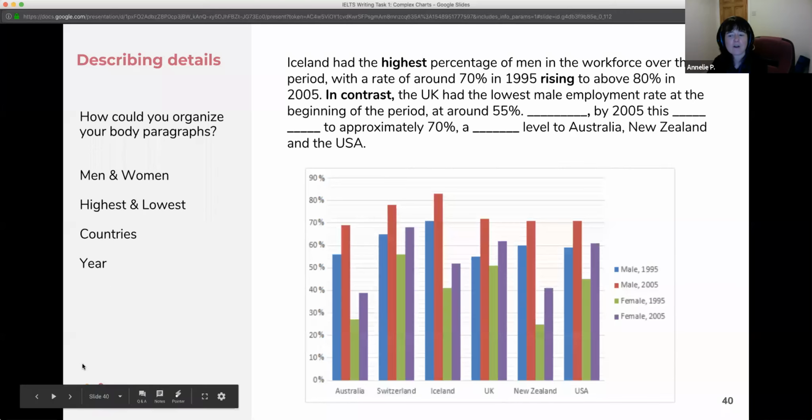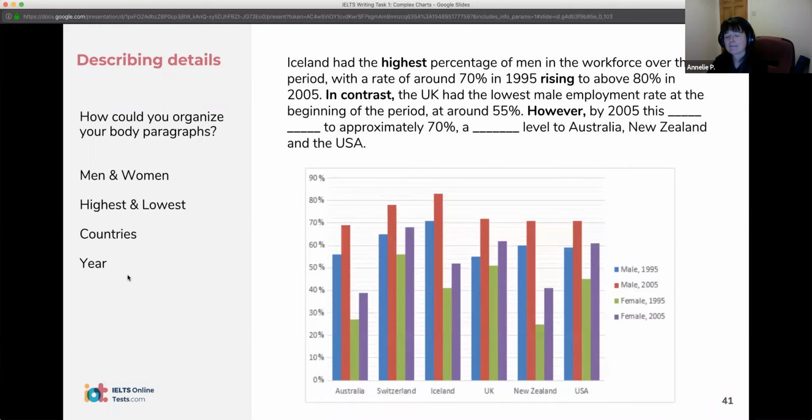Okay, very good, Olga. And a few people had that, Muscan. Okay. By 2005, this you could put this figure or this percentage, but we're still going to need something after that to